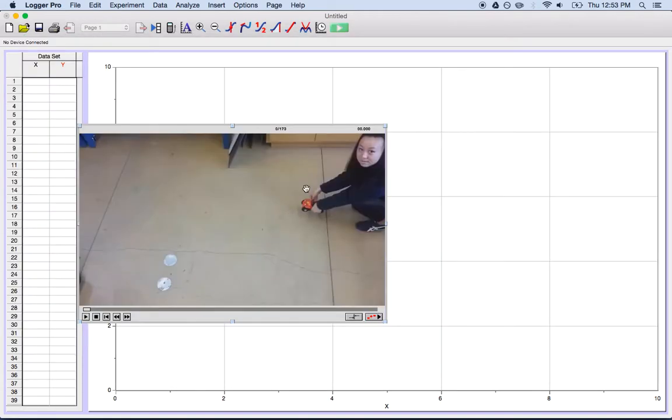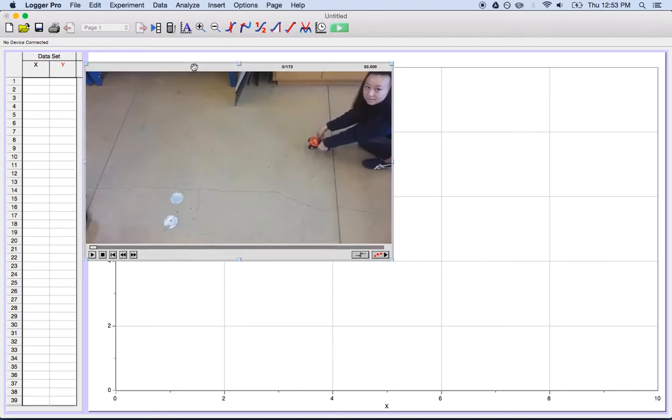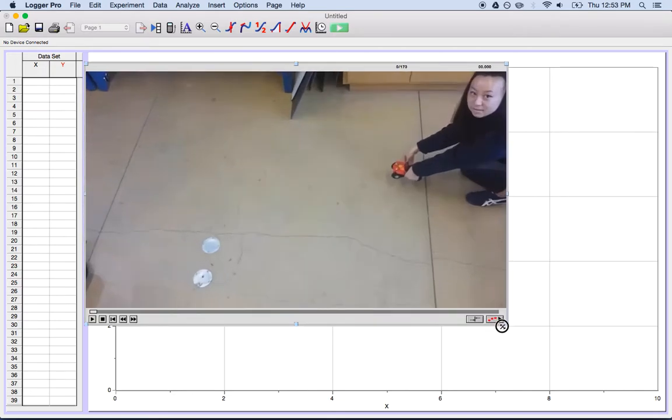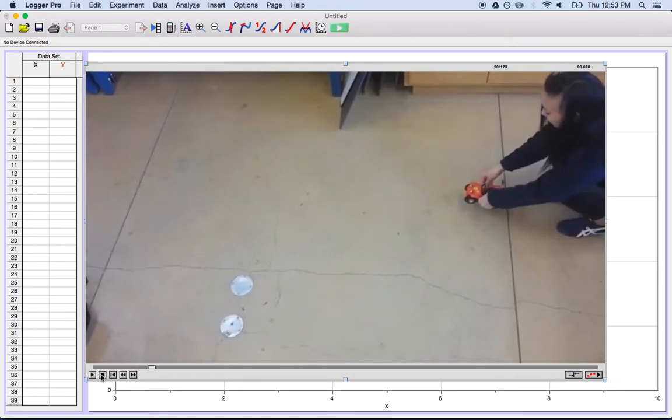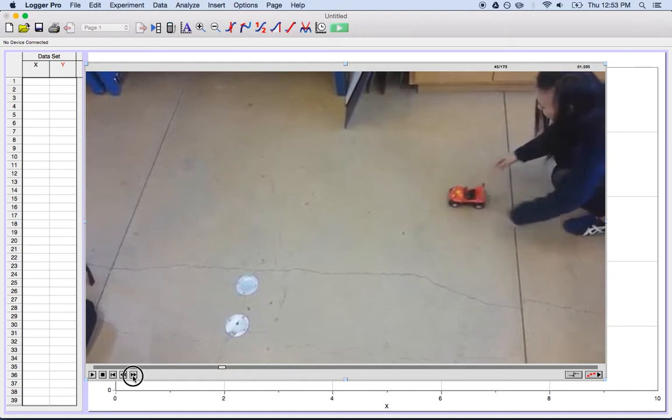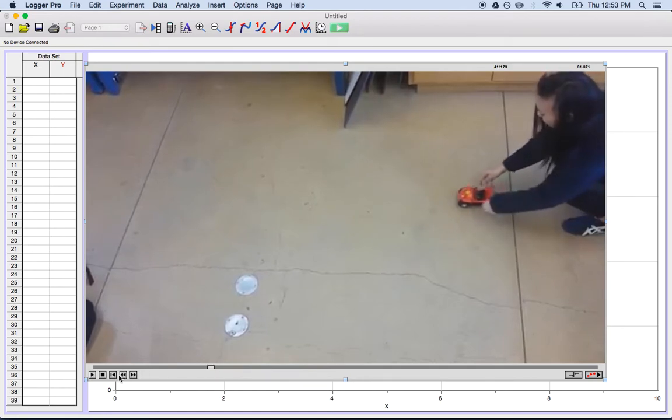In my video, I only have a red car, I don't have a blue car, and thanks to Mika for helping me out. I like to make my window a little bit bigger, so I'm going to expand this out like that. And there's video playback controls down here in this side, so I can hit play, I can stop, I can move forward a frame, I can move back a frame, I can move all the way back to